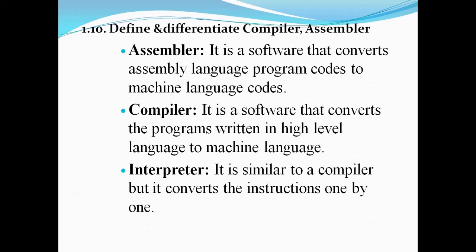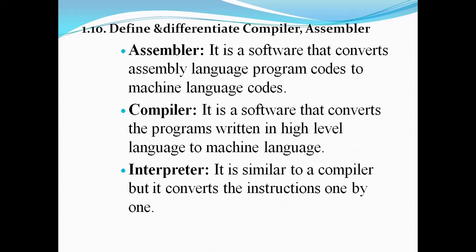So assembler is a software that converts assembly language program code to machine language code. That is called assembler. It converts the assembly language code to machine understandable code. That is called assembler. And this compiler,